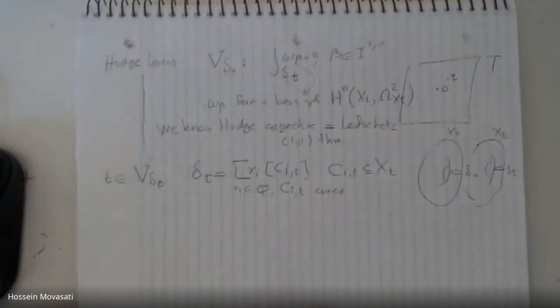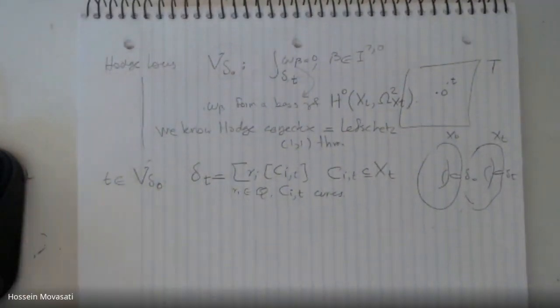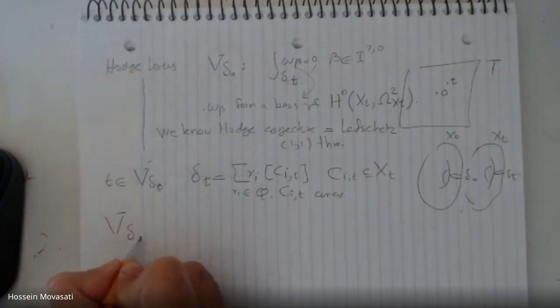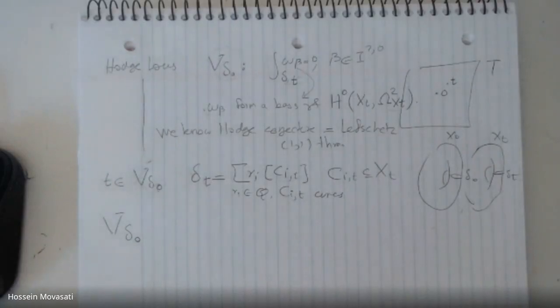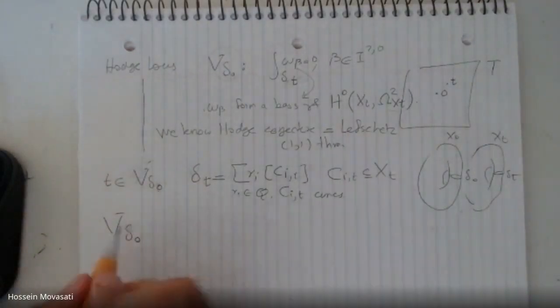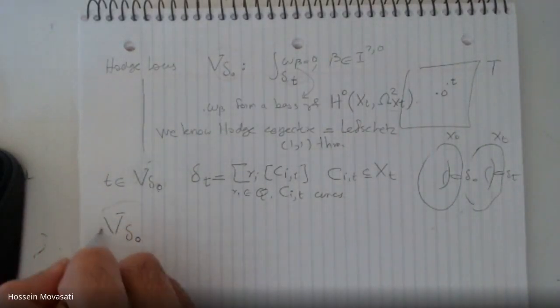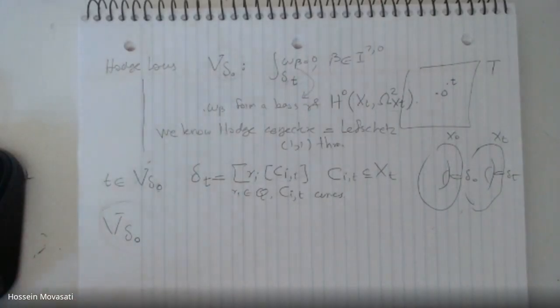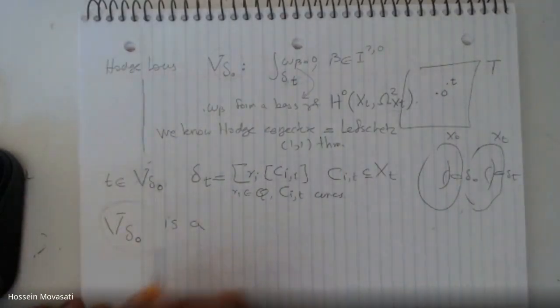At the end of the day, what we can conclude about V delta 0? Remember that this is a purely local analytic subvariety of t, and it turns out that it is a union of branches of